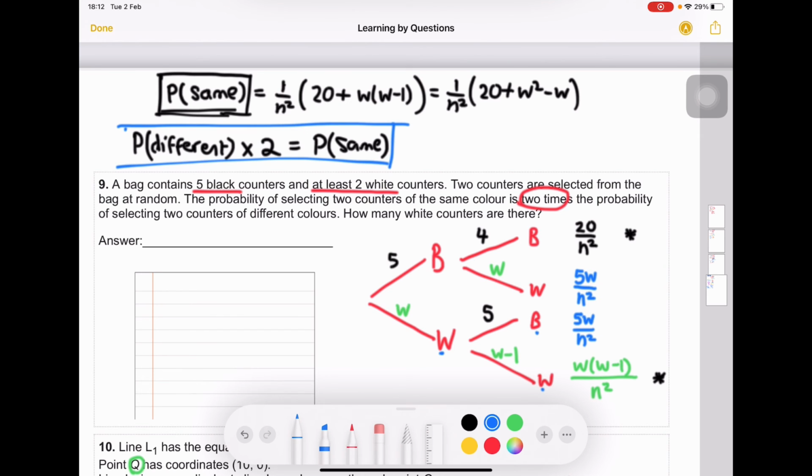So now we're going to use this. The probability that the two counters are different colors, well, we can either have black followed by white or white followed by black. So we need to add these together. So if you add them together, you get 10w over n squared, multiplied by 2, equals probability that they're the same color. So I'll just write 1 over n squared, 20 plus